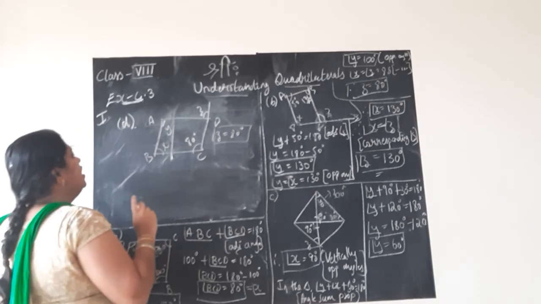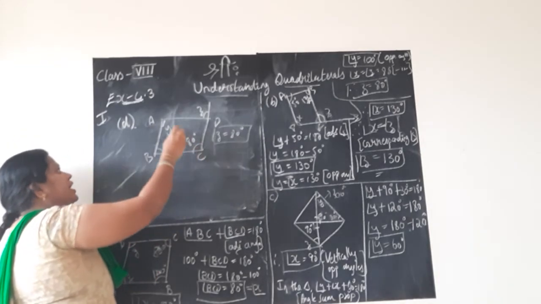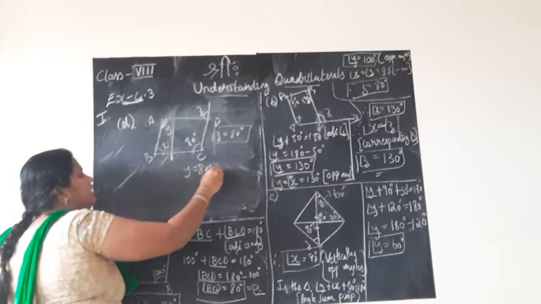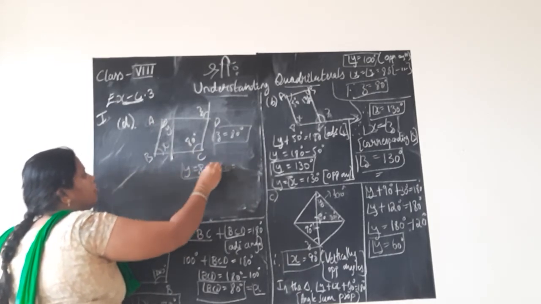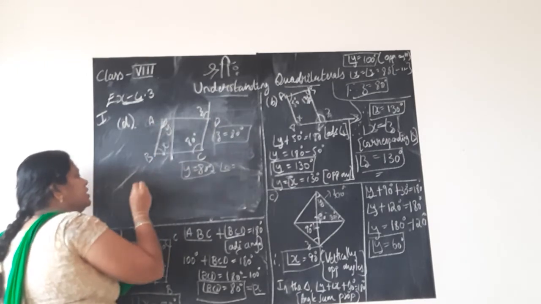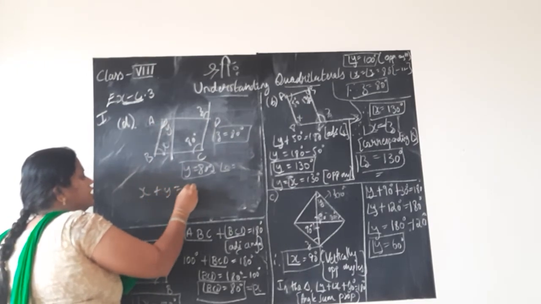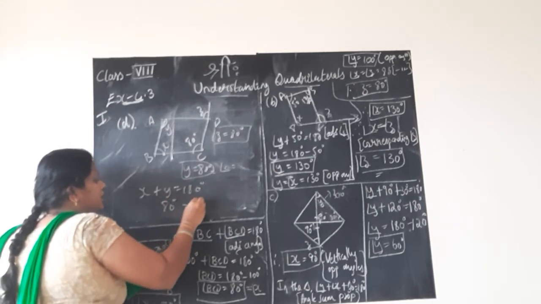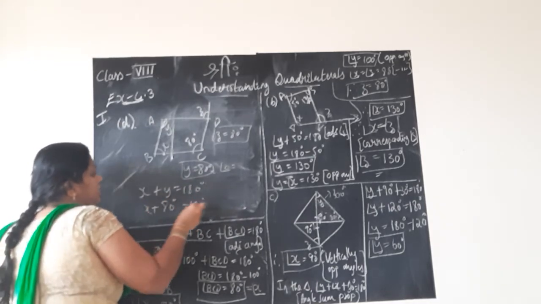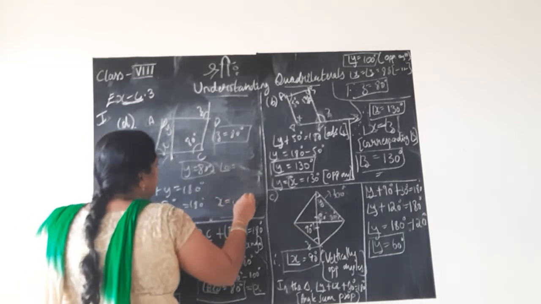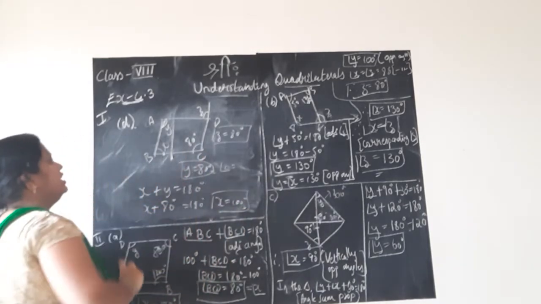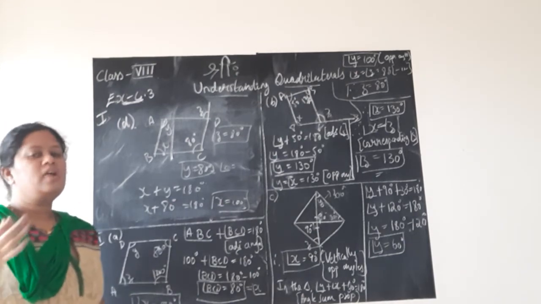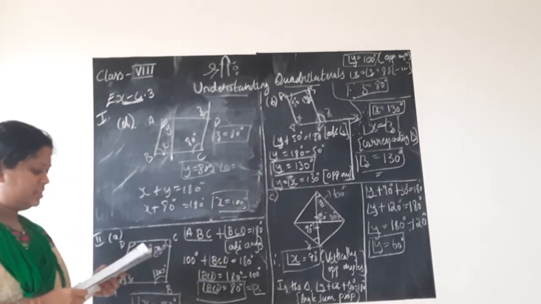So corresponding angles. Now children, if C is 80 degree, Y is also 80 degree. Y equals C equals 80 degree. Why? Because they are opposite angles. Again, X and Y are adjacent angles. So X plus Y is 180 degree. Substituting Y as 80, what you will get is clearly X is equal to 100 degrees. So X is 100, Y is 80, Z is 80, you will get. I have just given you the hint, almost I solved, but you do it and give the reasons.